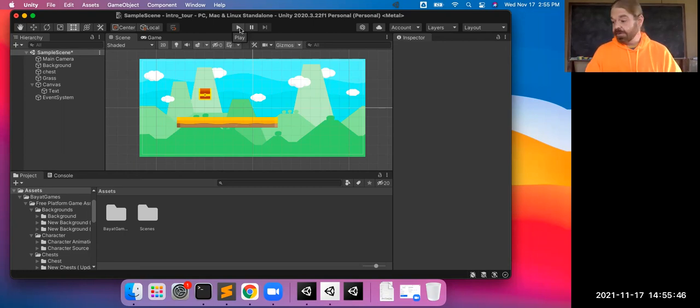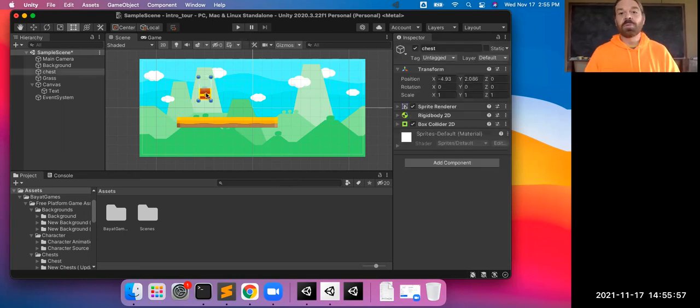Before we finish up for today though, I did want to add some movement in, just kind of start looking at that basic one. Yeah, this would be a good way to do it. So we're gonna make this chest move just back and forth, that'll work. So if I go to add a component,